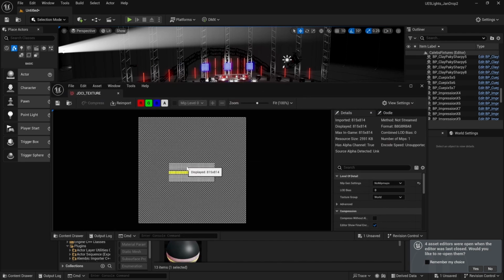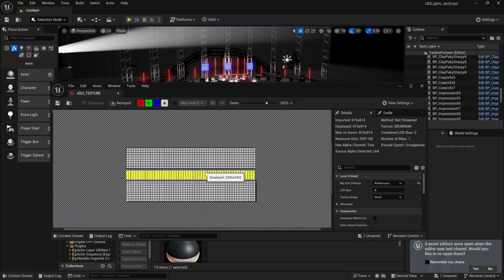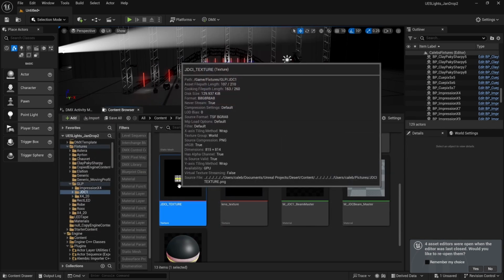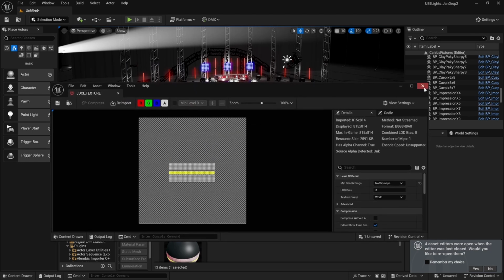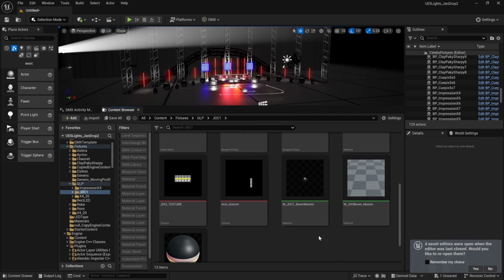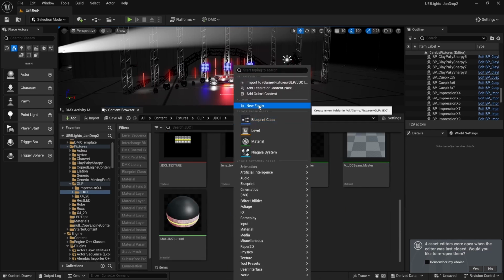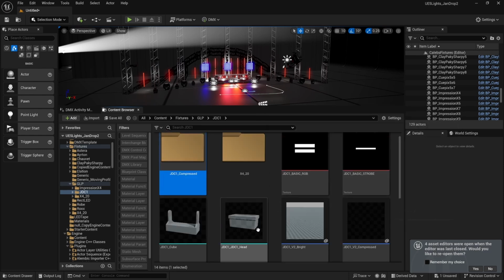This was the first texture I made. Totally made in PowerPoint. I don't even think it has a square size. Yeah, it's 815 by 814 pixels. So let's do this a little differently this time. Everything here is going to go into JDC1 compressed, and we're going to have totally new stuff for our